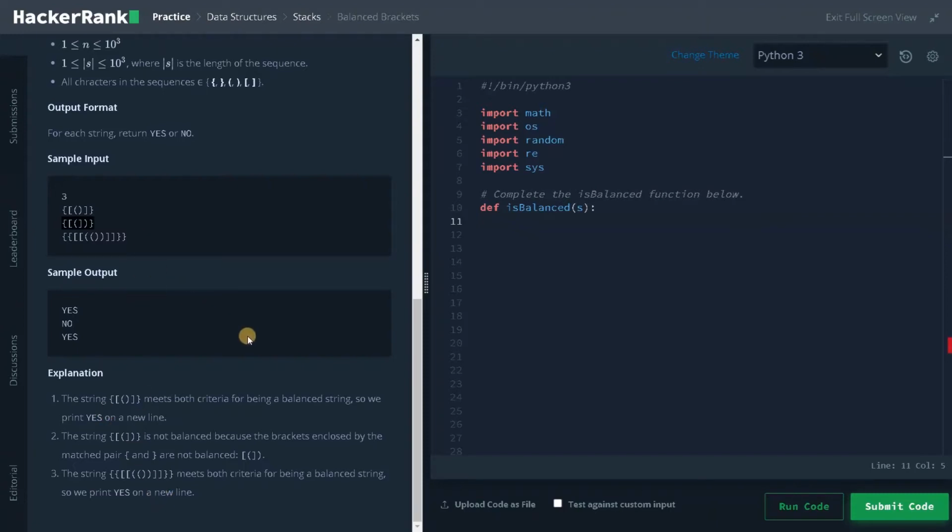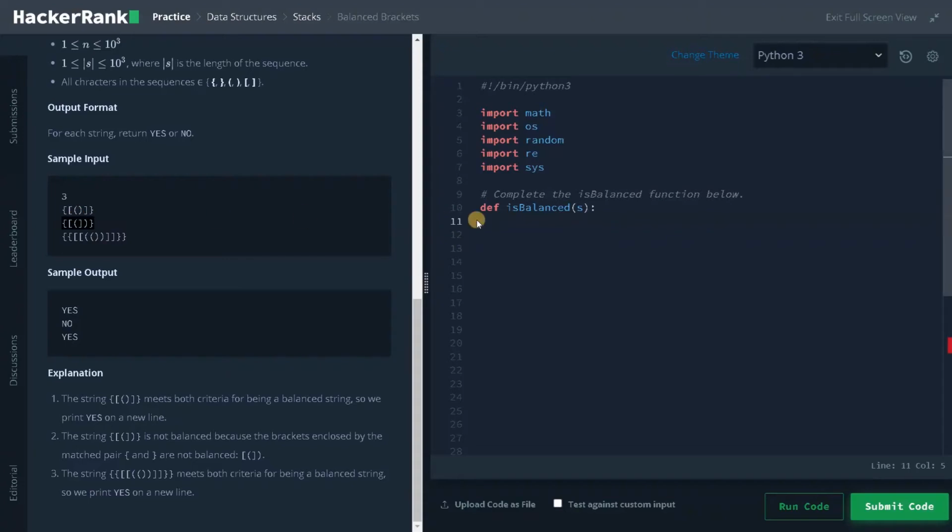So for this problem logic, we will initialize a stack, and in the stack, whenever we see an opening bracket, we will push that bracket into the stack. And whenever we see a closing bracket, we will compare it with the top of the stack. If both the brackets are the same type, we will pop the opening bracket from the stack and move on to the next bracket. Like this, the operation goes on until the string ends. If the stack is empty at the end of the string, we will return yes, otherwise we will return no. That is the simple logic for this problem.